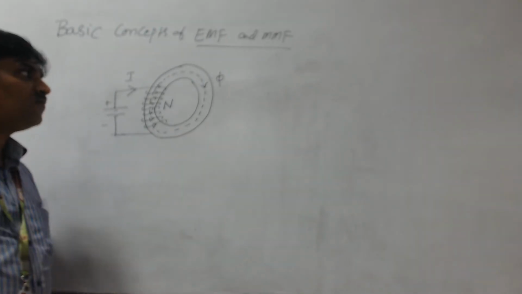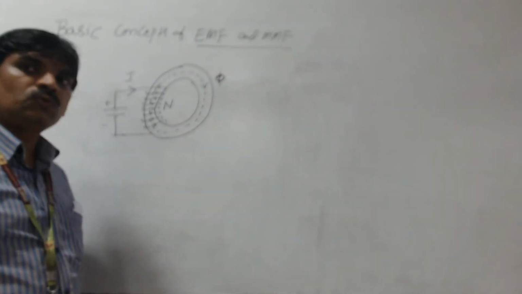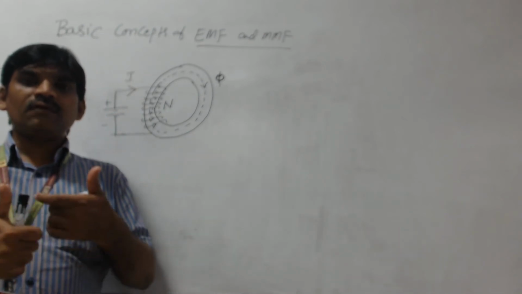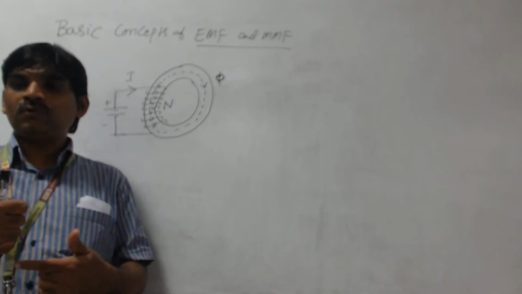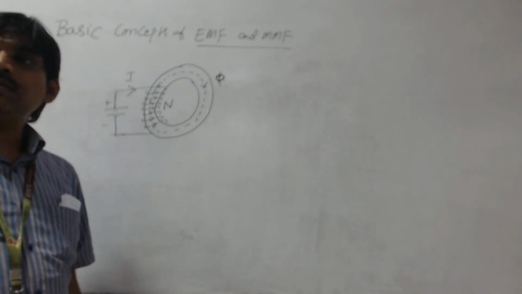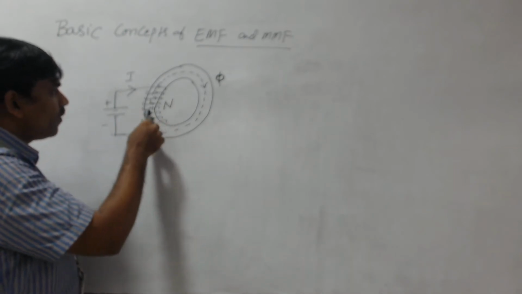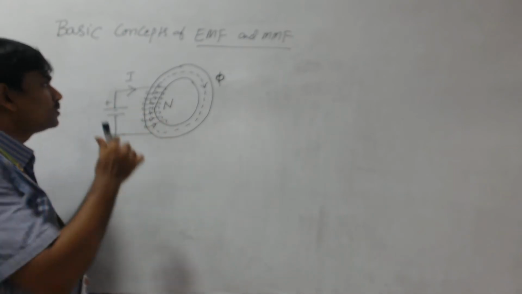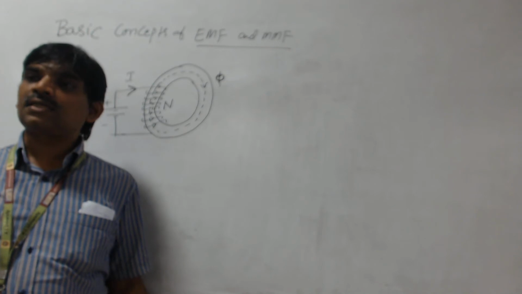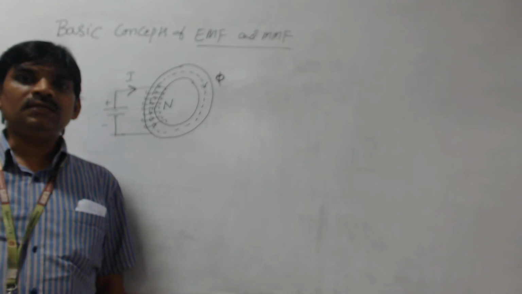So what is the source of flux here? Generally there are two ways. One is a permanent magnet, where the upper portion acts as the north pole and the lower portion acts as the south pole, and based on that, flux lines are set up. But this is called an electromagnet. An electromagnet is nothing but a coil that is excited with some source, immediately passing current. Simply said, any current carrying conductor sets up magnetic flux.